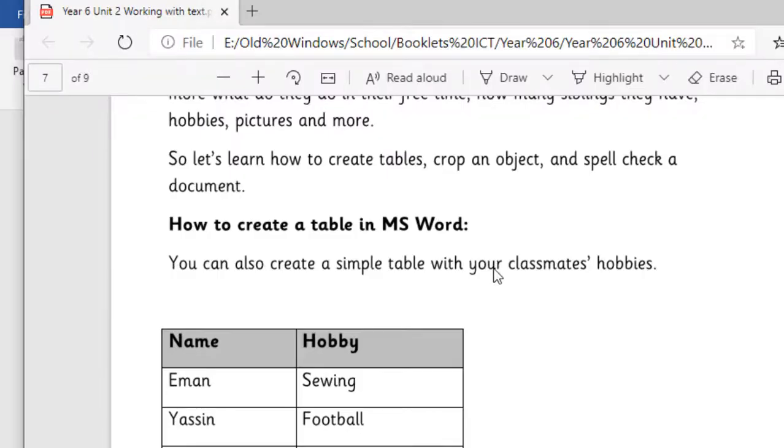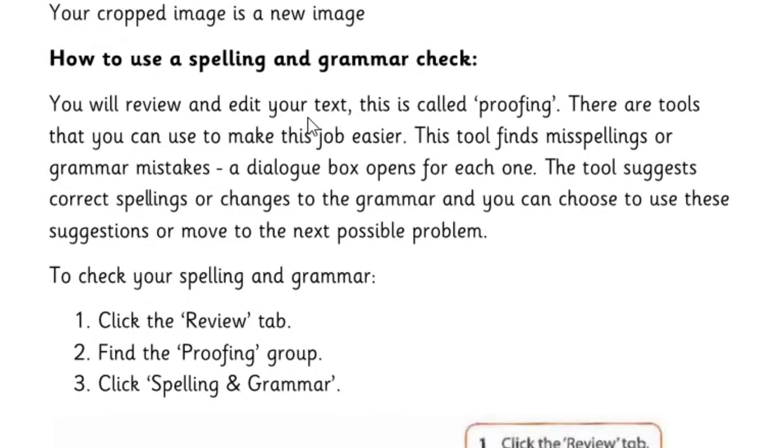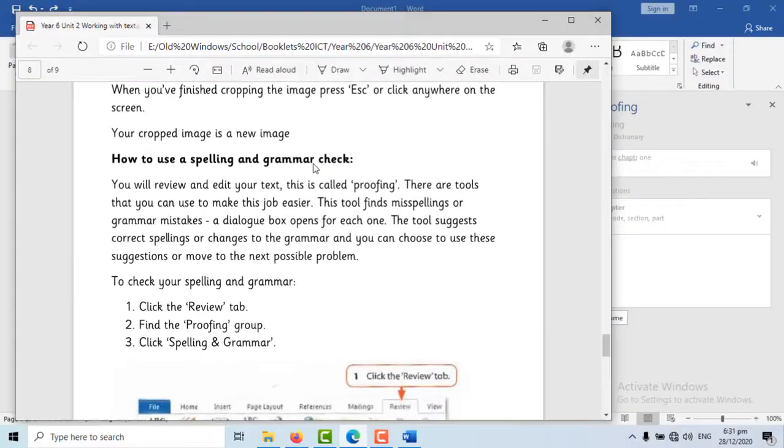You can use those lines to change the size of your cells however you want, or the columns, and so on. Today we're going to learn how to use a spelling and grammar check. This is one of the most important tools in Microsoft Word, or maybe if you're using WhatsApp or Facebook or any messaging app or any text editing app, you have a spelling and grammar